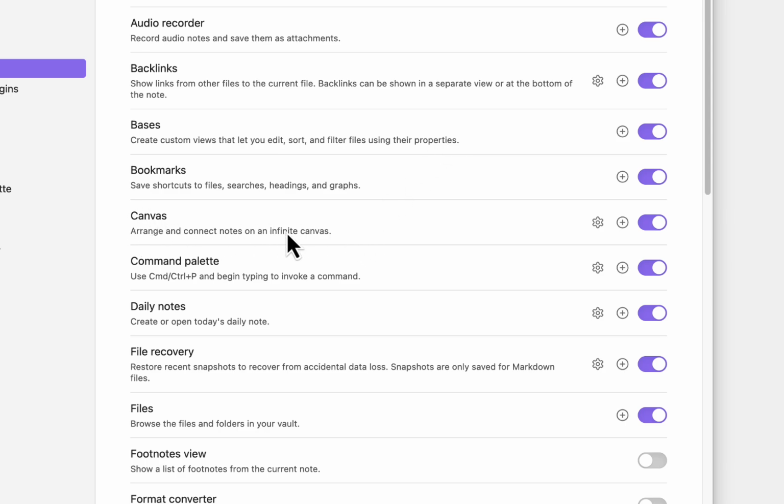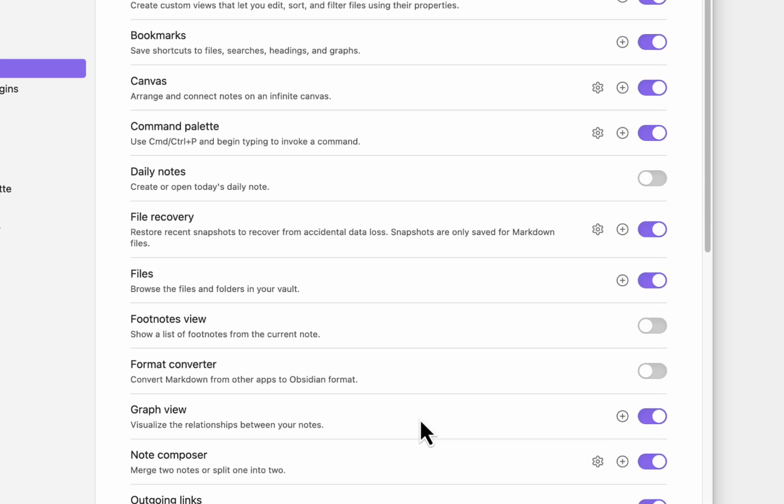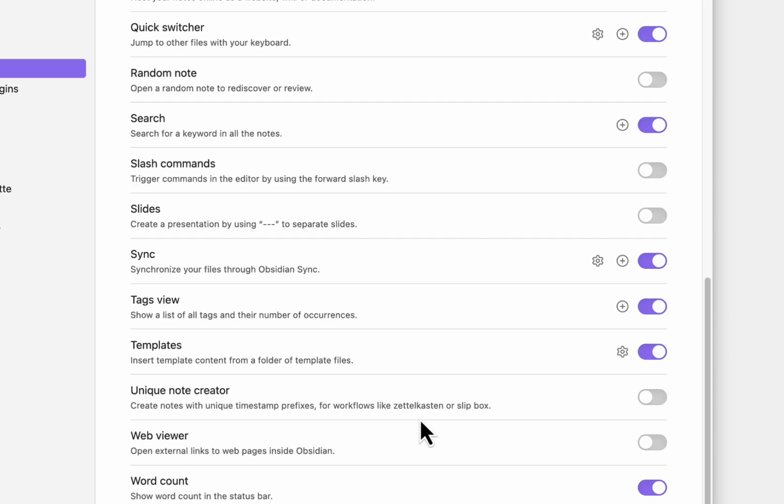You got Canvas, and you can use Canvas to design anything pretty much. A lot of people that use Canvas are designers or gamers. They tend to use it because you can drag images in there and represent them as workflows and things like that. If you're into daily notes, I'm going to turn that off. Daily notes will allow you to have a calendar in here, and you can journal. File recovery. Got a trash can in here. So anyway, I'm not going to go through everything that's in here,